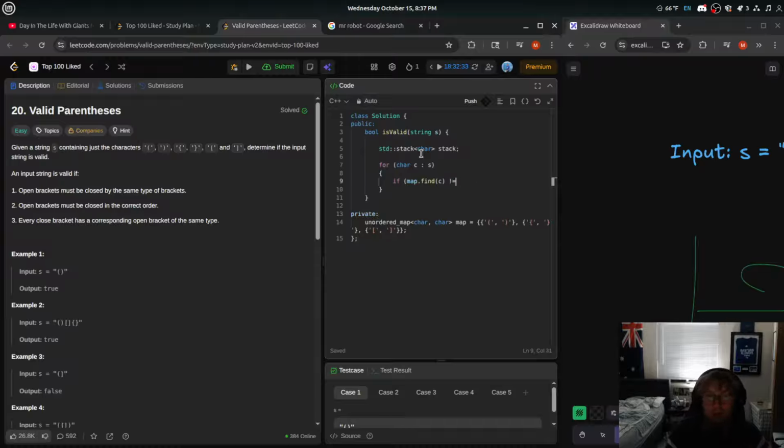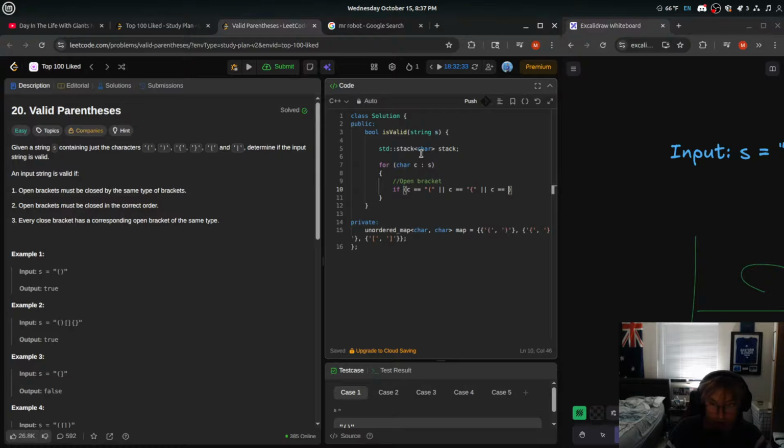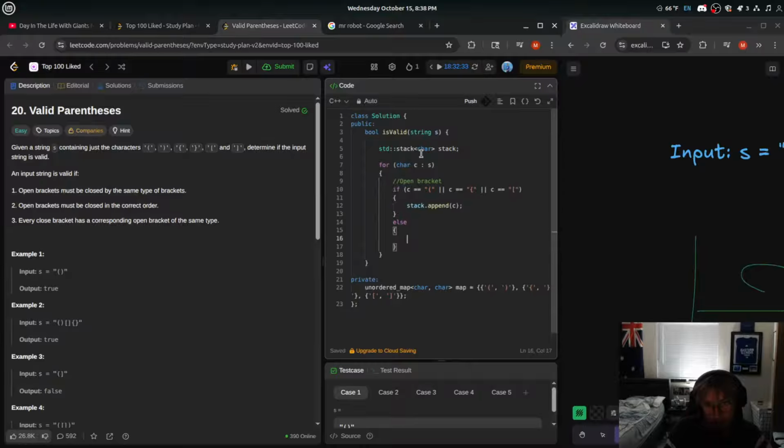No, this is not the way to do it, because this is an opening bracket. So if c is equal to the opening parenthesis, or c is equal to the square bracket, we can just stack.append c. Else, we need to check, okay, well, if stack.empty,